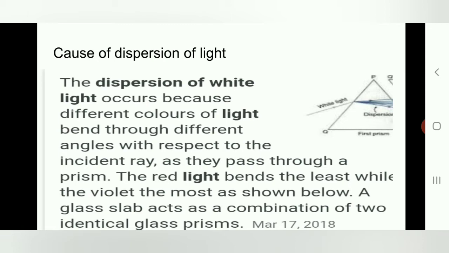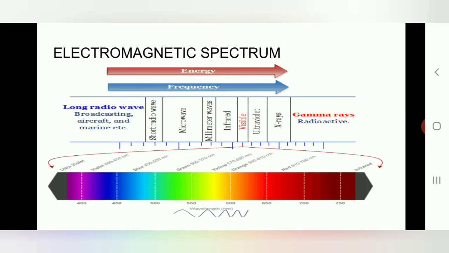Then we have the second part of this chapter, that is the electromagnetic spectrum and its broad classification. Till now we have limited ourselves to the spectrum of light which lies between the red and the violet regions. This spectrum is the visible spectrum and it is only a very small part of the entire electromagnetic spectrum. The part of the spectrum beyond the red extreme and the violet extreme is called the invisible spectrum.